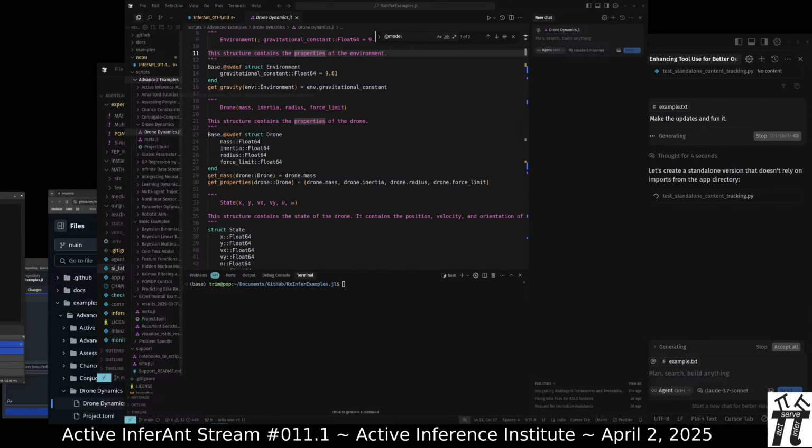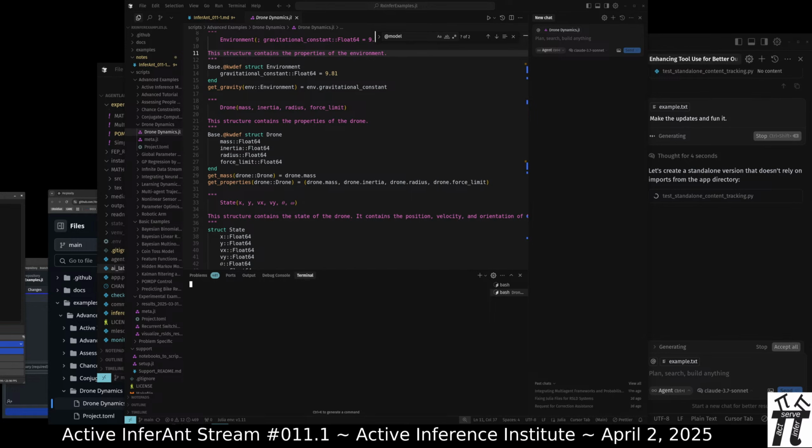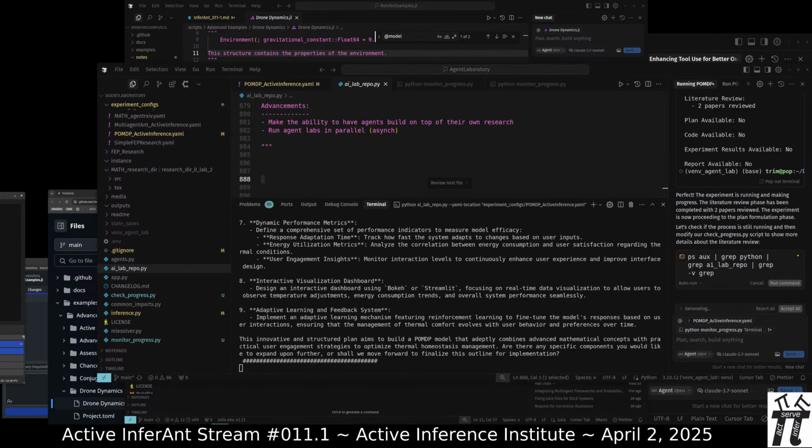This is in the scripts folder, which basically takes the notebook that we looked at with the interspersed comments and pulls out just the Julia code. So right click on the code, open an integrated terminal. Pretty cool that Cursor enables even one computer to do this stuff.